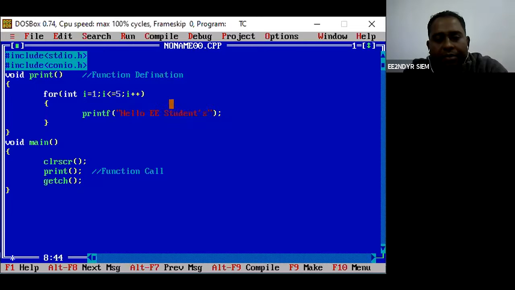Now it will increment the value of i, which will become 6. Now it's going to check this condition again, whether it's satisfied or not. 6 is neither less than nor equal to 5, so it will discard, and control will come back to the next statement, that is the getch. Is it clear to everybody?